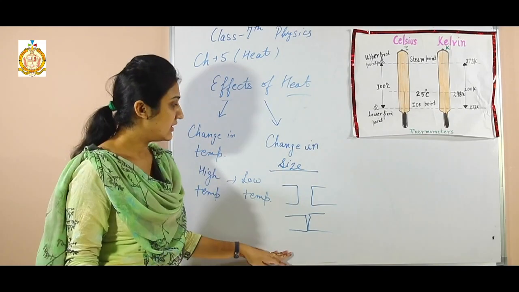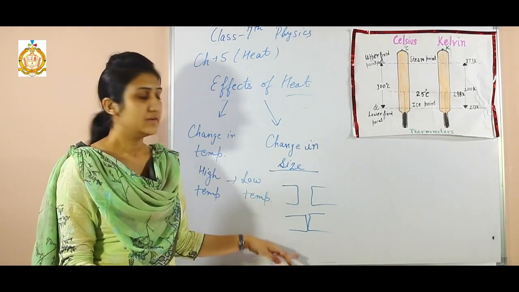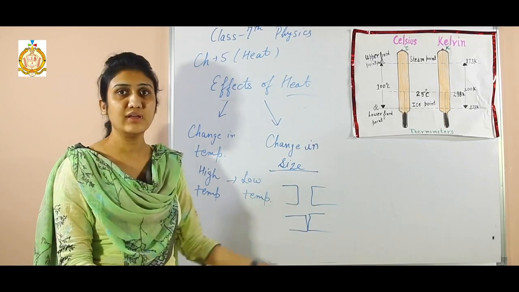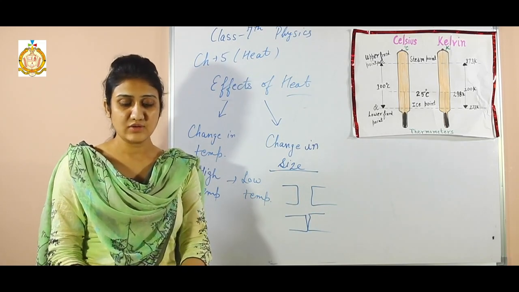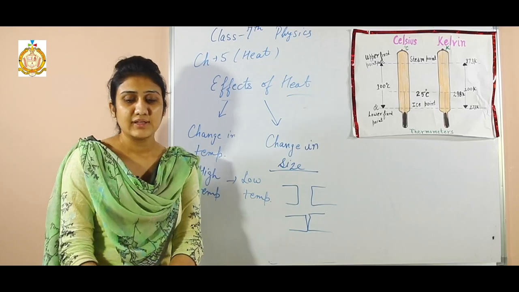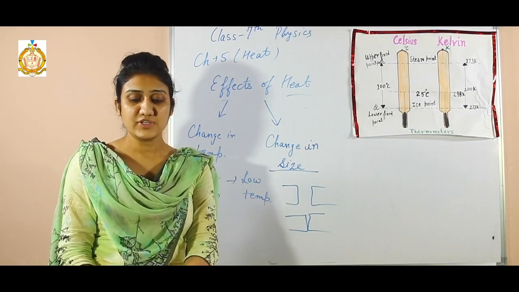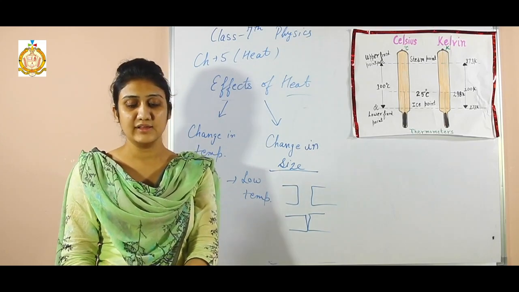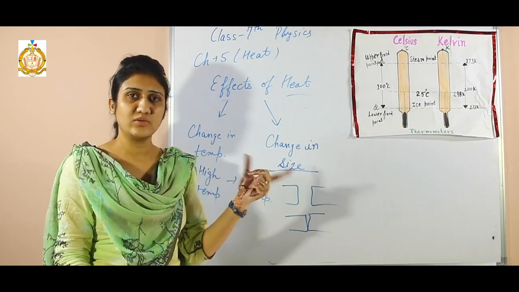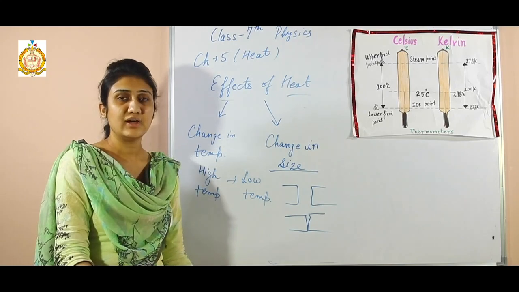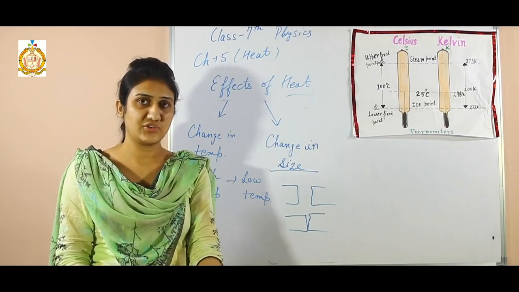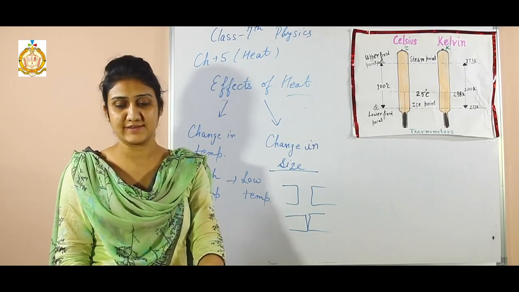So to take care of the expansion and contraction by heat, some space is given between the rail lines of the track. Also, you must have observed that electrical wires are saggy in the summers because they become loose, and they are tight in the winters due to contraction from the cold.